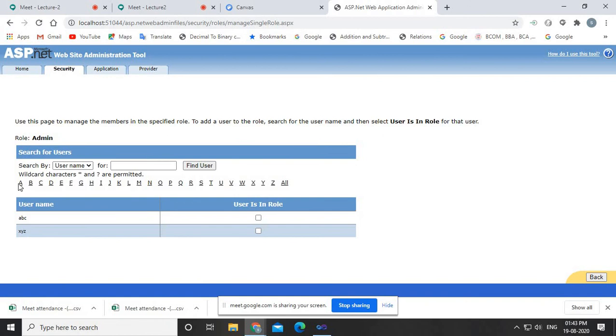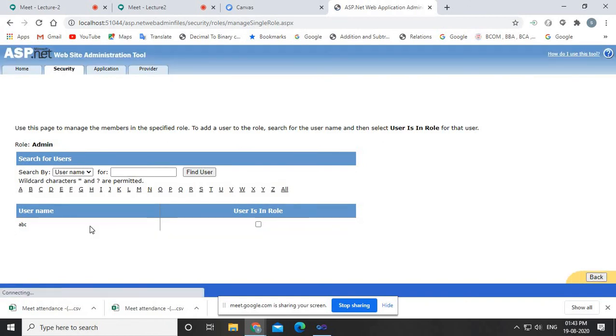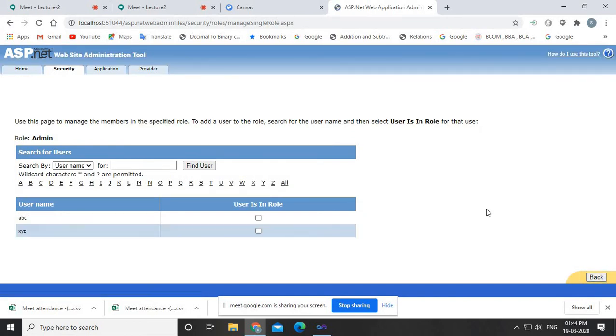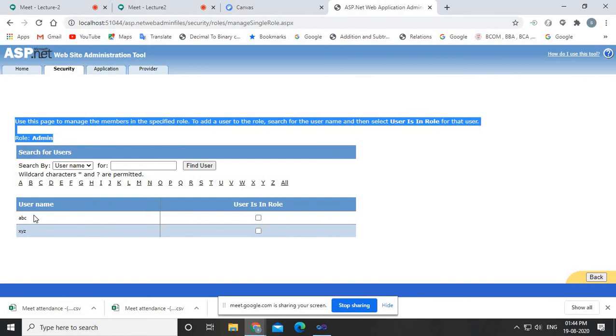In fact, if you click on A, it will show all the users whose username starts with A. If you click on X, it will show you all the usernames starting with X. And if you click on all, it will show you all the usernames. But because this ABC and XYZ user we have created prior to this admin role, they are not actually members of this admin role.